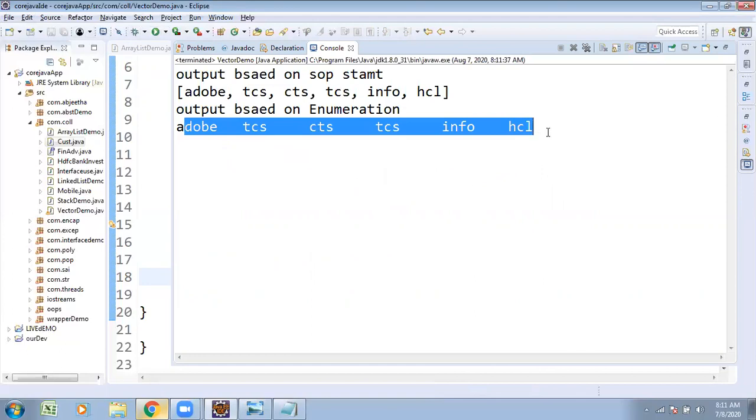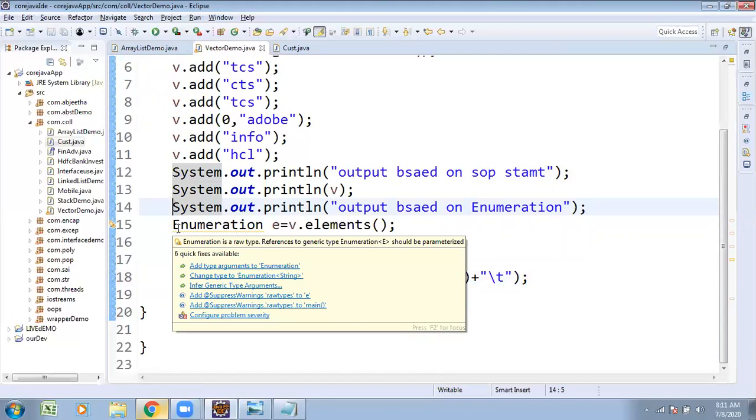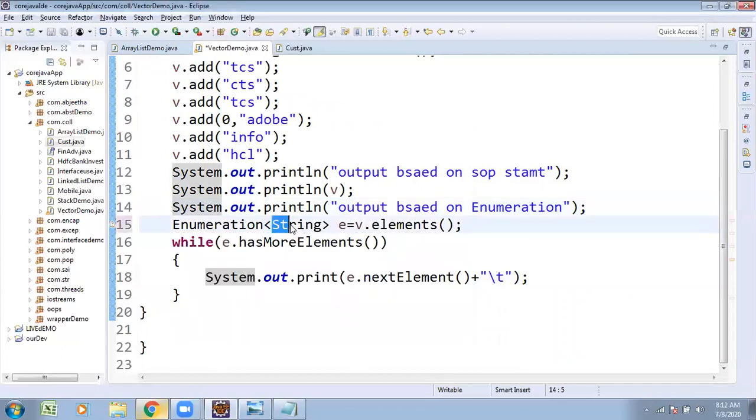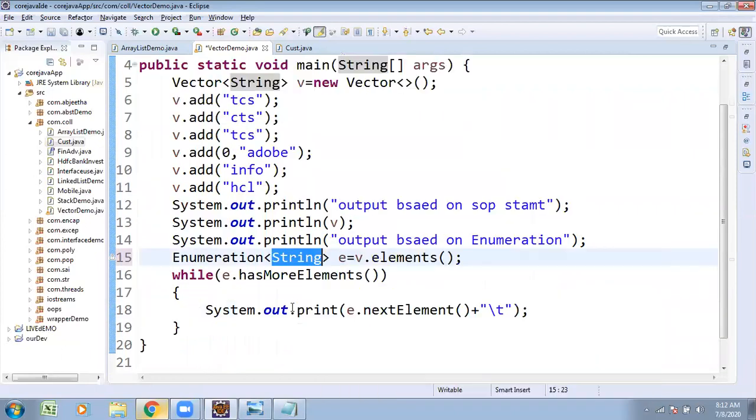So that was based on System.out.println, based on enumeration, and now based on iterator. How do we do the same technique with the help of iterator? Here also it expects a type specification, a generic type specification, which type of data you want to retrieve.